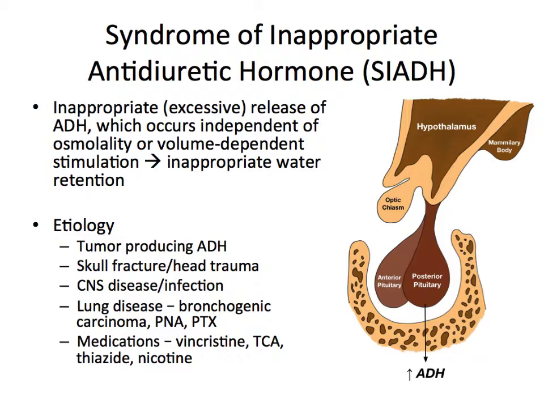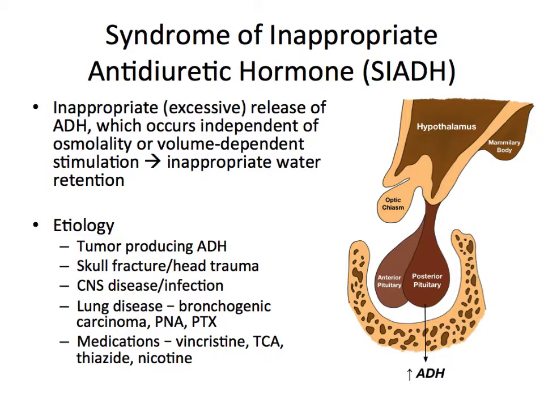There are a variety of causes, including tumors producing antidiuretic hormone, skull fracture or head trauma, central nervous system disease or infection, lung disease such as bronchogenic carcinoma, pneumonia or pneumothorax, and medications such as vincristine, tricyclic antidepressants, thiazide diuretics,